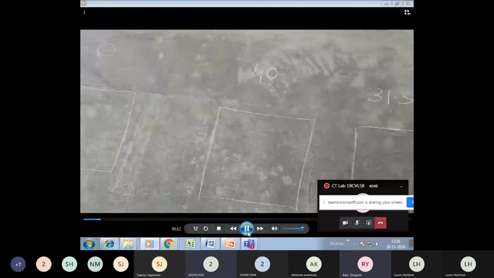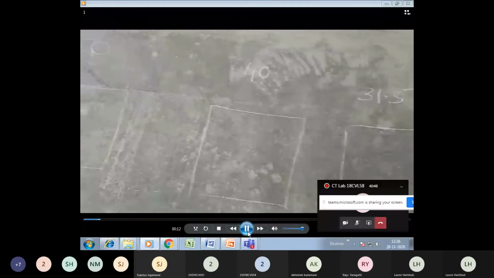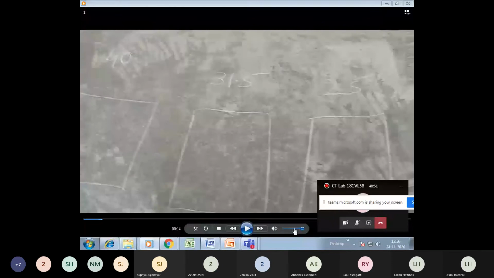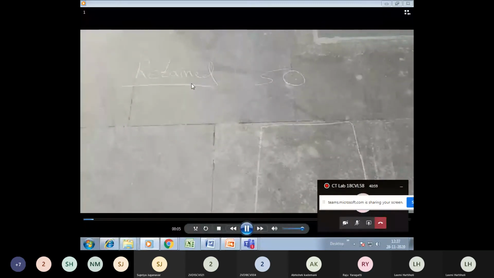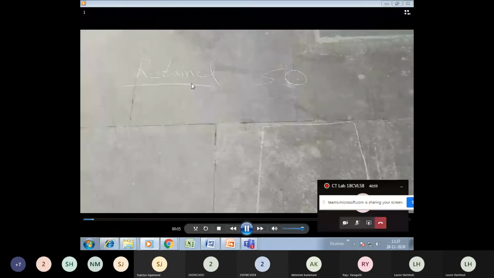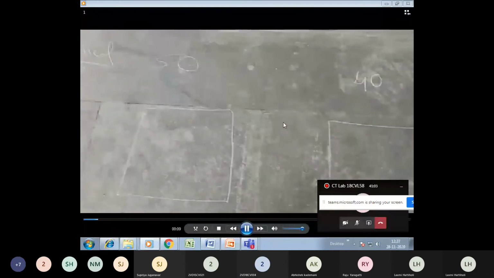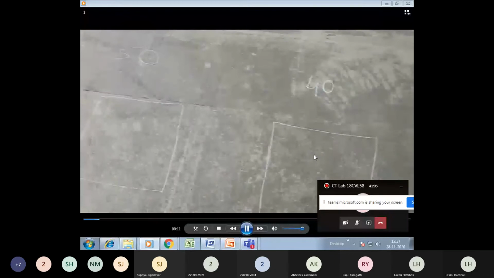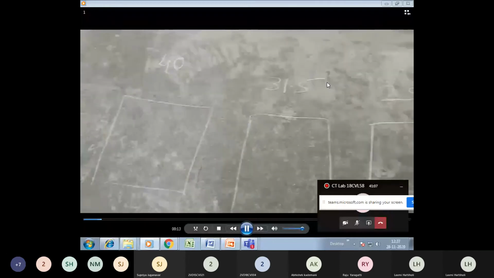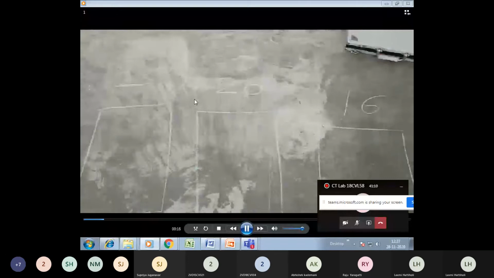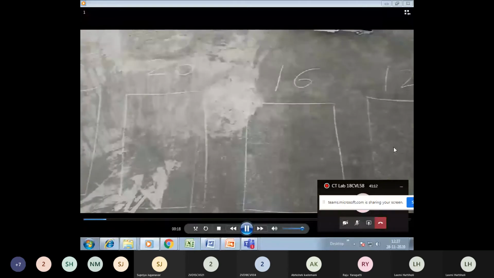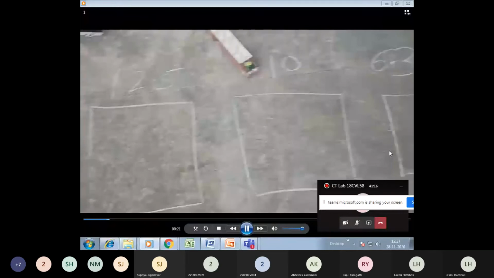Yes, ma'am. See, what I have done here is, first of all, I have taken 200 pieces of aggregate. Next, with the help of chalk piece, I have written the retained sieve size. For 50 mm retained, I have made a block. 40 mm retained, I have made a block. 31.5 mm, I have made a block. Similarly, for all the retained sieve sizes, I have made a block, just to make sure that you understand clearly and there is no confusion. Up to the last 6.3 mm sieve size, I have made a block.